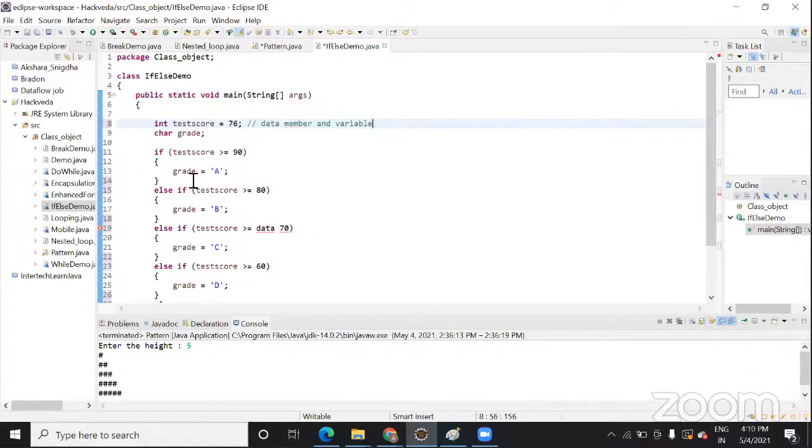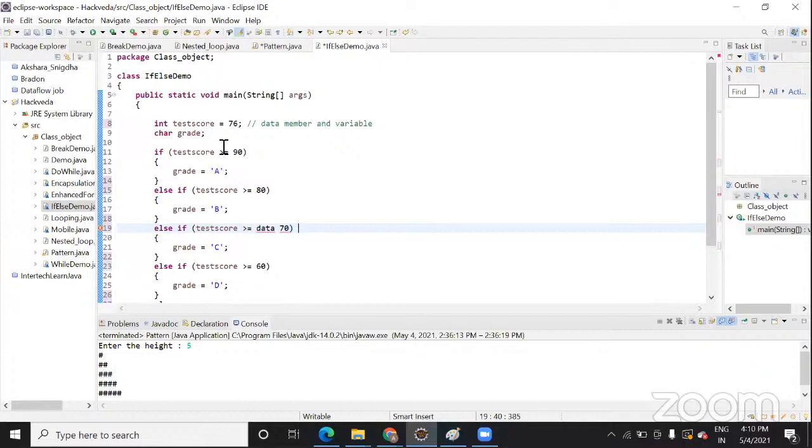We have initialized a value to this test score. Here I am going to check the grade based on my number, or you can say marks. I'm using an if condition, and I'm checking if my test score is greater than or equal to 90.